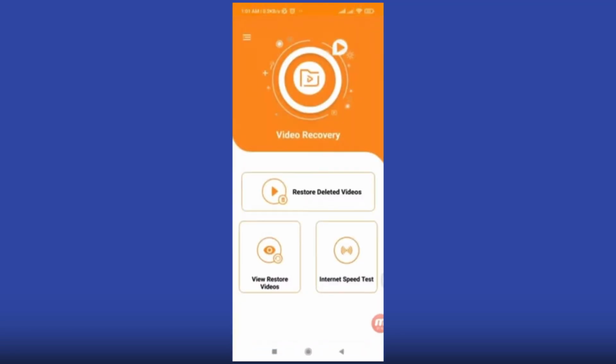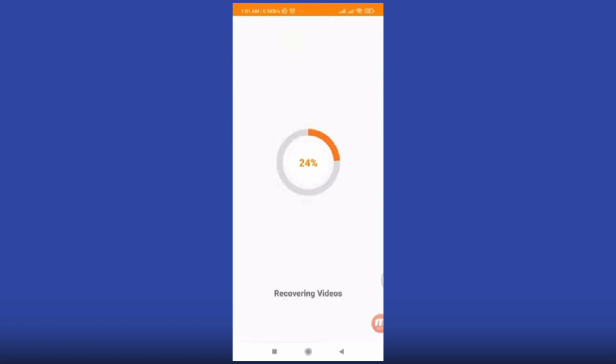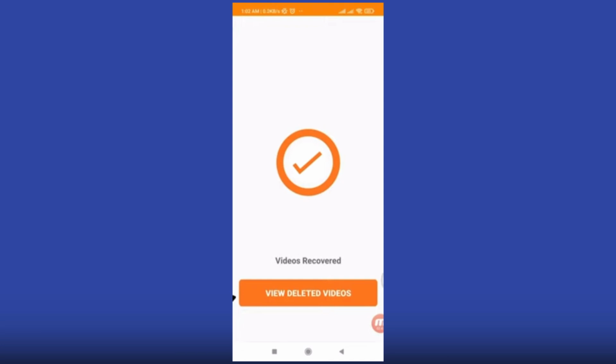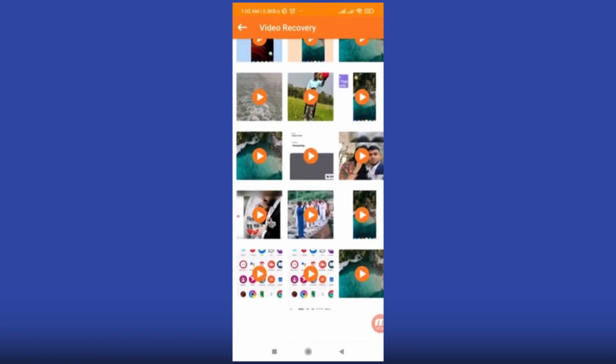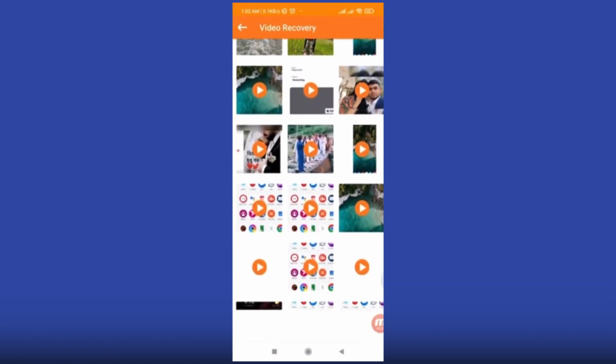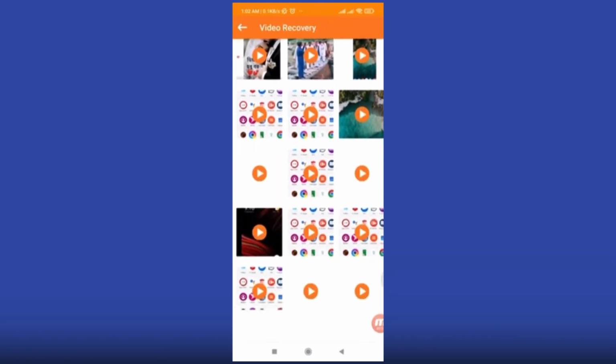Video recovery, restore related videos, view restored videos. You can choose restore related videos, so click on it. Restore related videos recovered, and at this time you can see view deleted videos. So click here, view deleted videos, and here you can see all your deleted screen recording videos, and